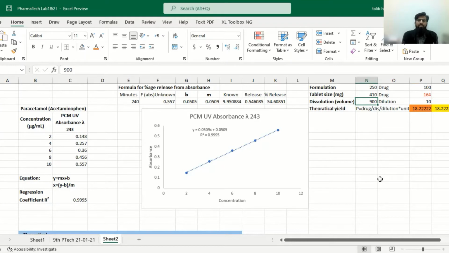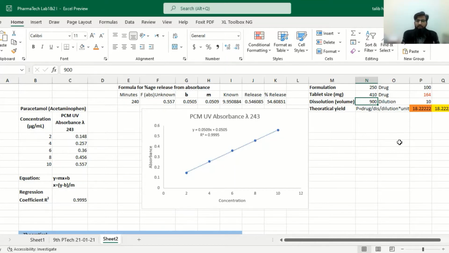And whenever we take some samples from that dissolution media, it will give the concentration at that time period. It will be lesser than that maximum theoretical yield. It will be the actual yield of our material. We can calculate its percentage release by dividing actual yield by the theoretical yield and multiplying by 100.